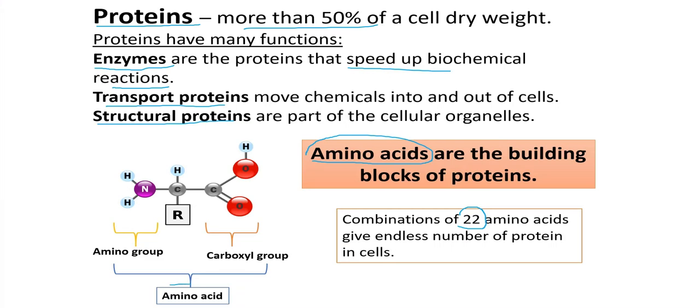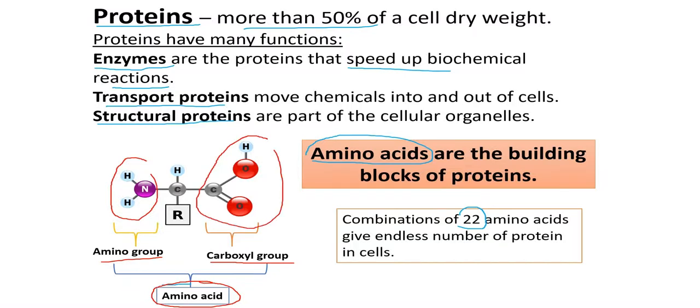If we look at the amino acids, they are made up of an amino group and a carboxyl group. Here is the amino group, the carboxyl group here, and the radical, which could have more carbon connections and other attachments with hydrogen, like that. Overall, this is one example of what amino acids are made of.